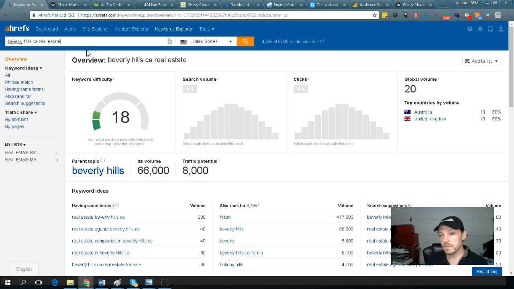So is Austin, Texas real estate, as an example. So people that live in very large, very wealthy cities, if they're going for the broader terms, honestly, you either need to take some advanced courses on link building, or you need to probably hire an SEO professional. There aren't very many that know what they're doing, but the good news is you probably don't have to hire them.